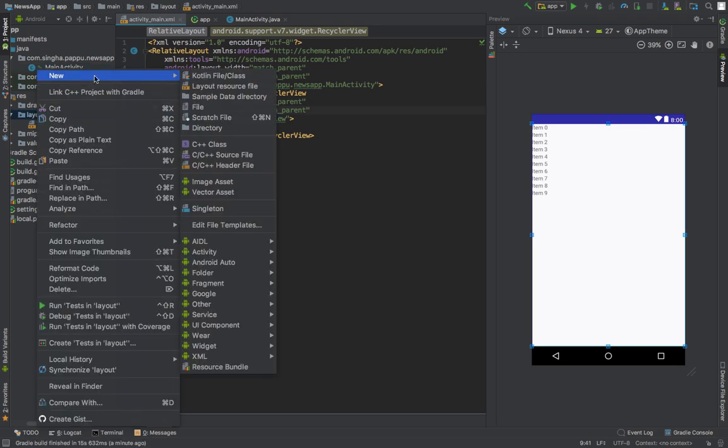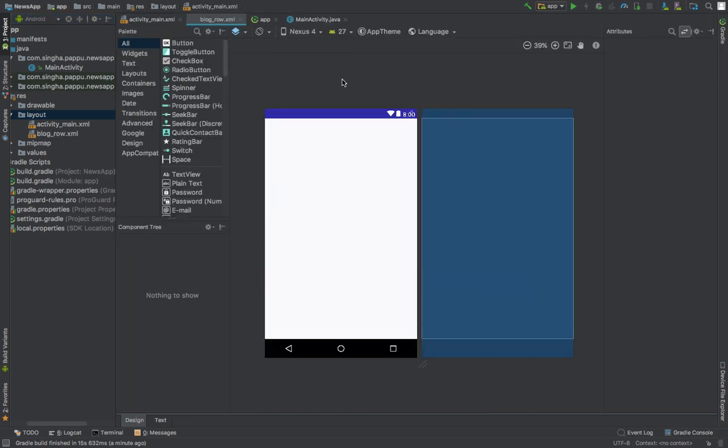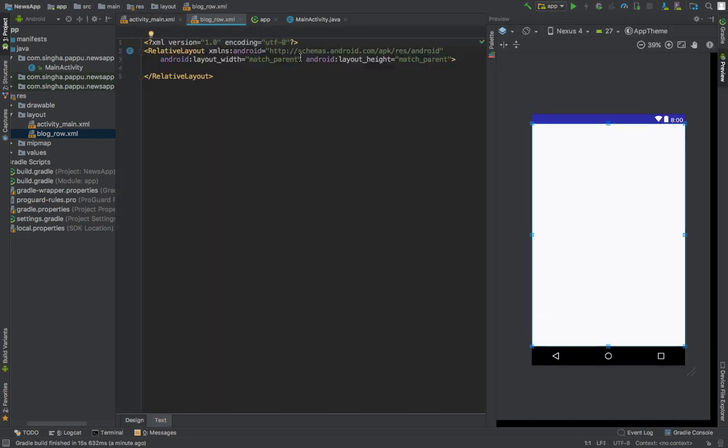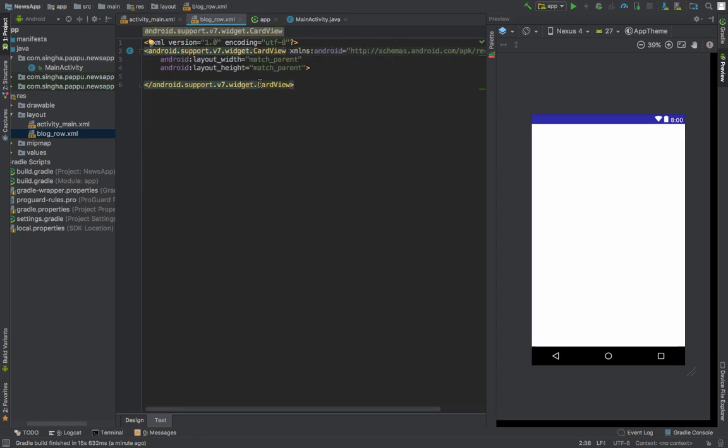So go to layout, click on layout resource file, and you can put any name, like block row. I'm going to do relative layout, press OK, then go to text. I'm sorry, this is CardView, right? Yeah, this one should be CardView,